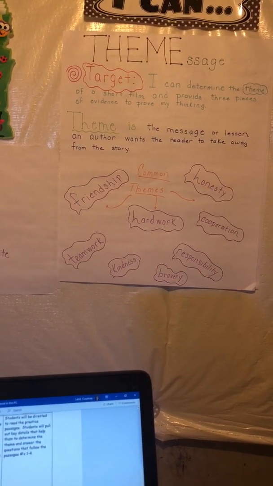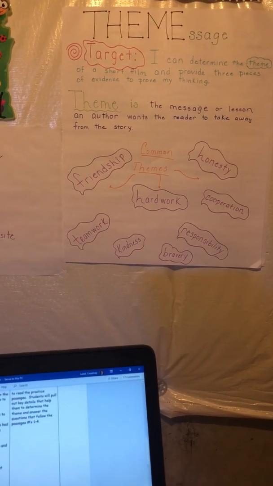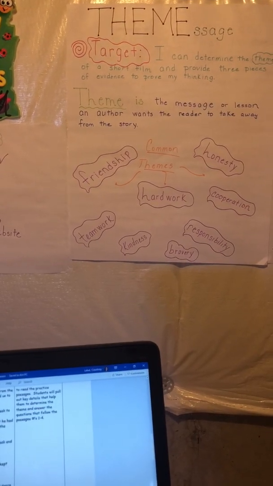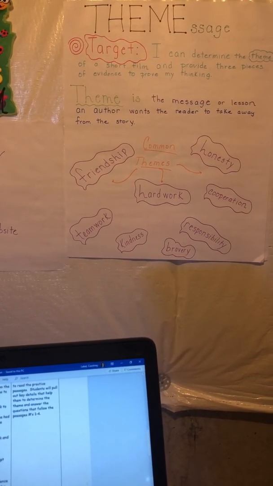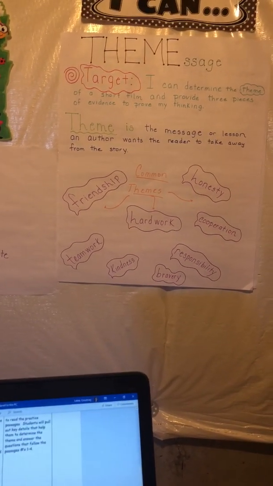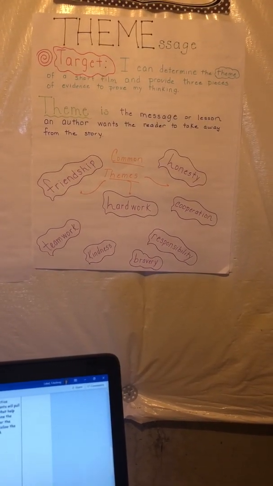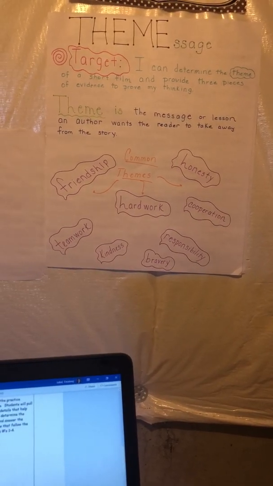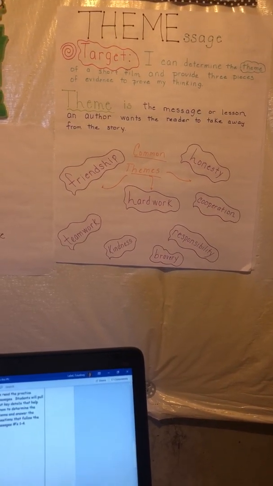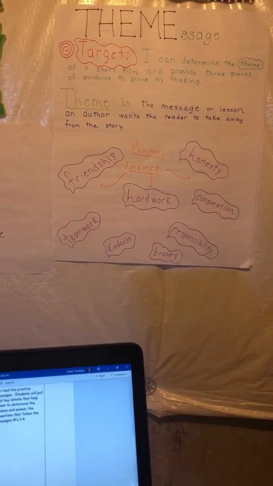So let's think about this question for a moment. How do these events or pieces of evidence help us to determine what the theme is? And a second question to think about is, what character traits did each of the characters possess that led us to a conclusion? So before we can just figure out what a theme is, we have to figure out, what are the characters doing? What are their traits? What is their motivation? Okay? What are their feelings in the story, or in this case, fable, that help them to get to what we're going to learn or get out of the story as a takeaway?